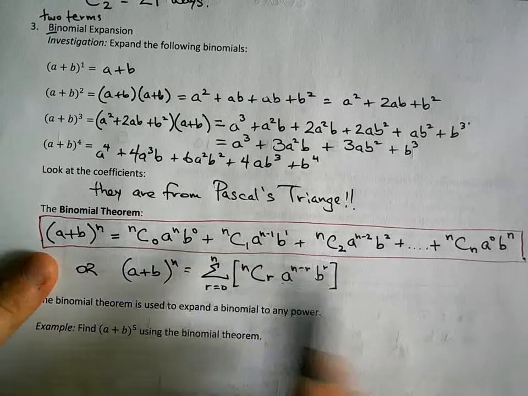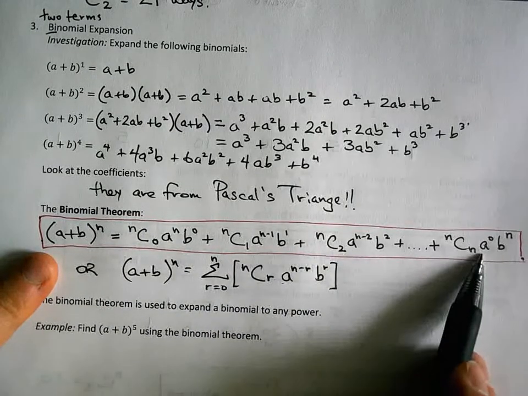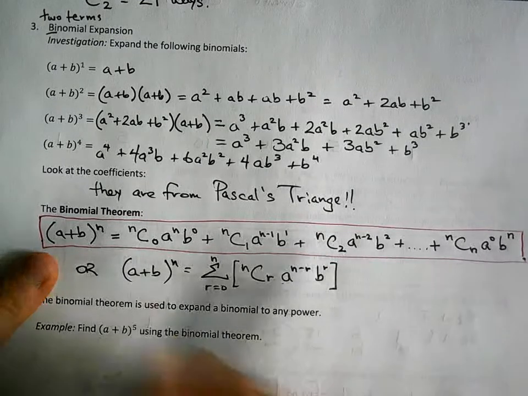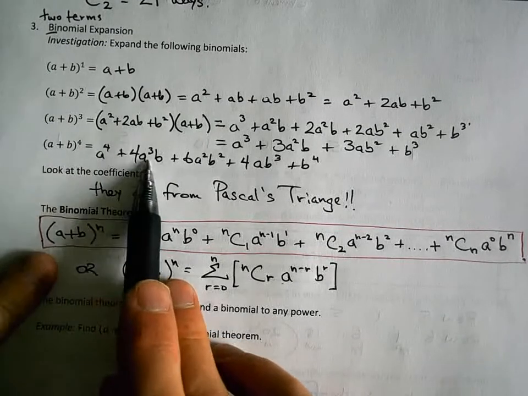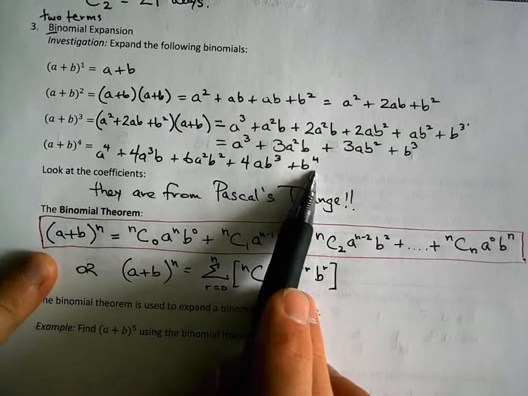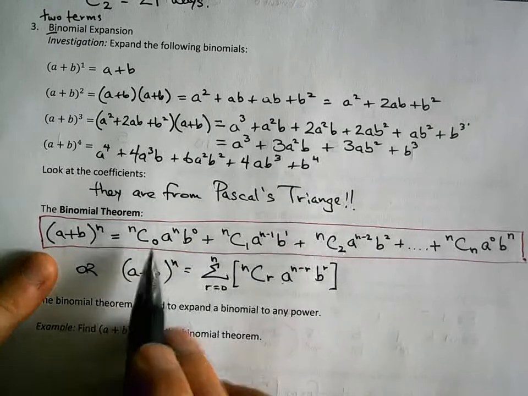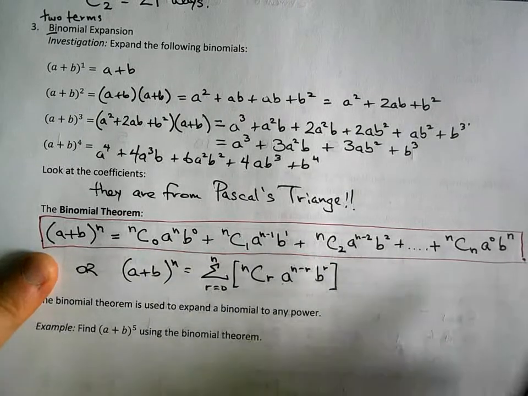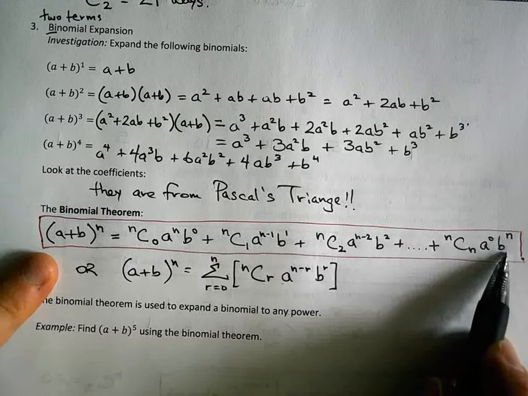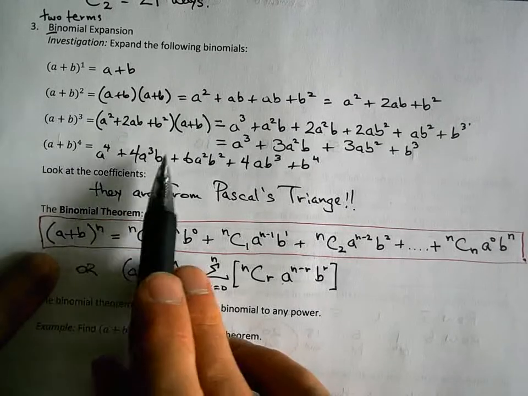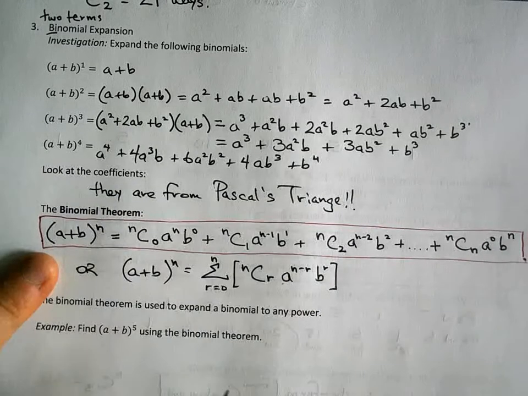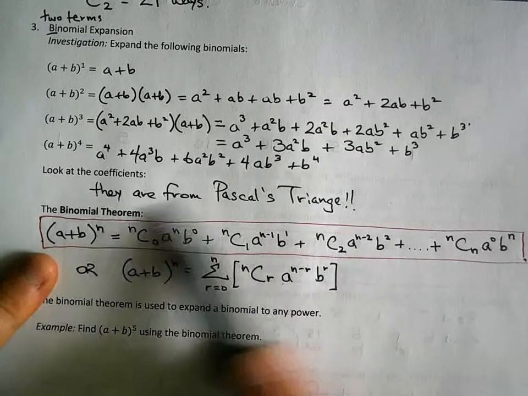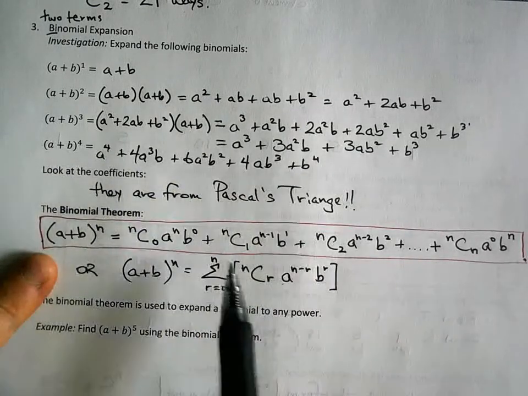Then I go down, and I continue to go down until I get no a's. And look, you can see that here: a to the 4, a to the 3, a to the 2, a to the 1, no a's. And the b's do the opposite. I start with no b's, and I go b to the power of 1, b to the power of 2, all the way up to b to whatever I was raising. And again, you have no b's, b1, b2, b3, b4. So you get the a's going down, the b's going up, and you get the constants from Pascal's triangle,